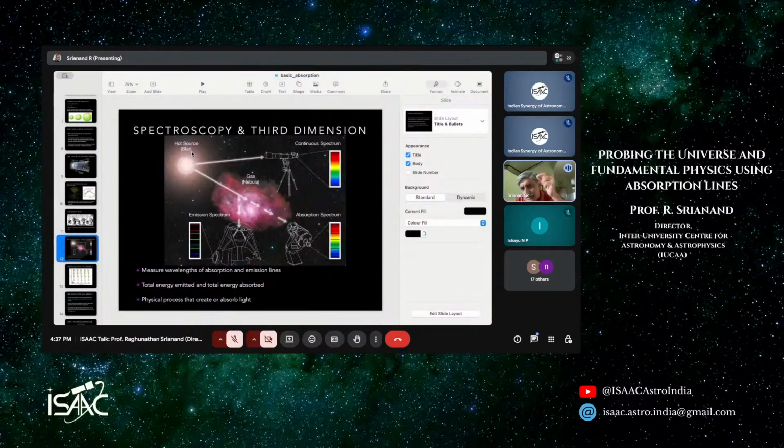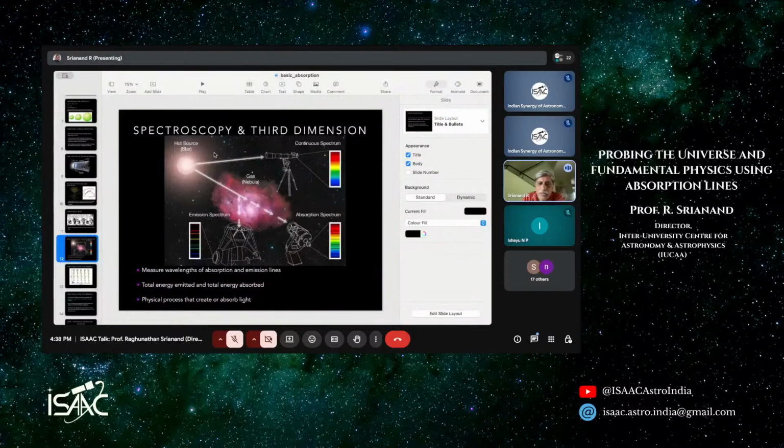But this electron will not stay in the excited state for long, and it will come back. When it comes back, the radiation emitted goes in all directions. This is what is known as diffuse emission. So if I look at it with the telescope and stare at it, I will detect this same gas blob in the form of emission lines only. Okay, this is what is being shown here.